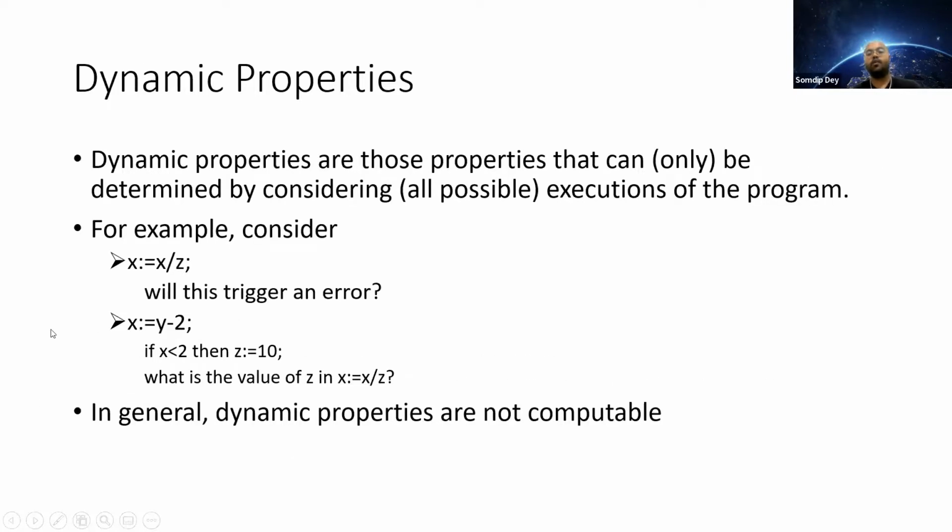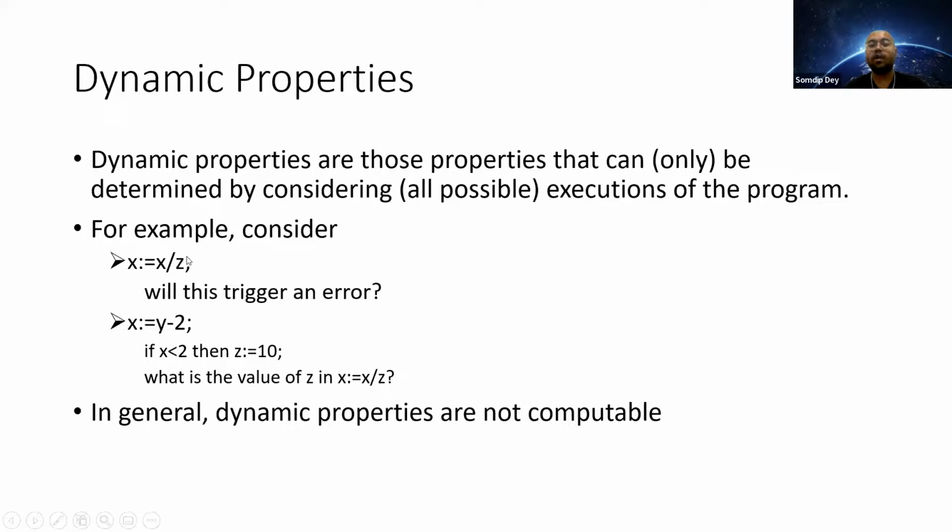Now, in contrary, you might also have dynamic properties. The dynamic properties are those that can only be determined by considering all the possible executions of the program. Now, that being said, what do I mean by that, right? Let's take this example. Let's say your input code is x equals x divided by z and x equals y minus 2. If we have these two lines of code, first of all, in the first line of code, especially if it's a division,